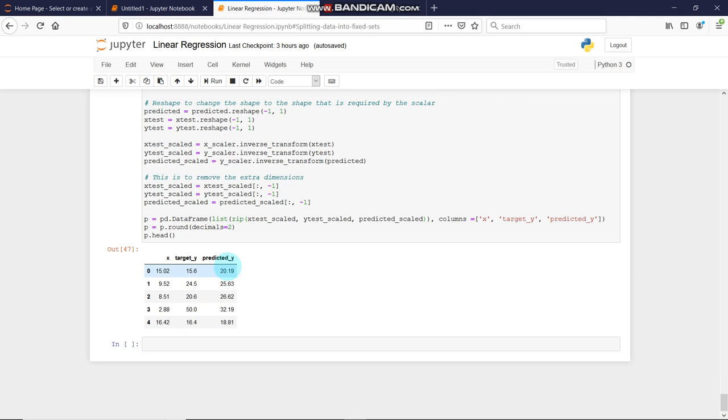Here's the value now. Predicted value 20.9, target value was 15.6. Okay, close. This is the best five by far. 18.1 is the predicted value and 16.4 was the target value. There is still some quite a large difference, but that's okay. Our model is still working more than 90% well. So yeah, thank you for watching.